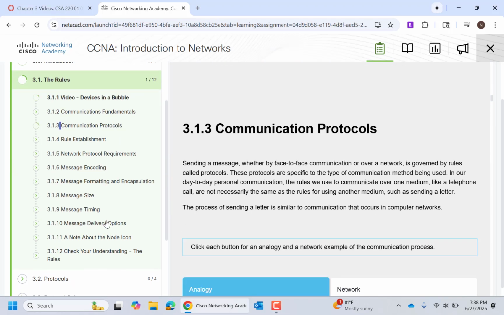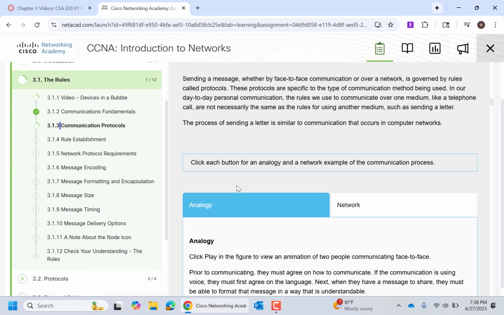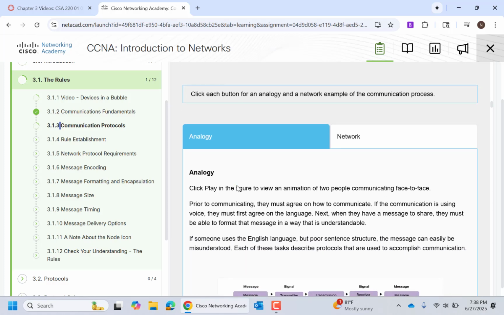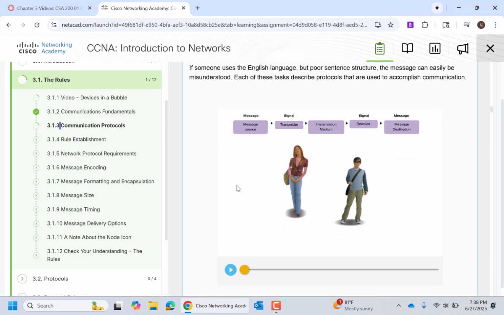So first, the rules or communication protocols. So protocols, think of rules. When we communicate as humans, we don't necessarily have formal rules all the time, but we do some things that are in common for everything that we transmit, so to speak. So we always have a source who is talking, and we always have a destination who is listening. That source typically is one person. That destination is typically another person, but it could be a group of people as well.